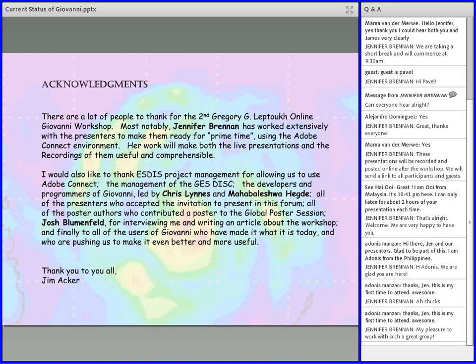Land surface temperature estimation. Okay, so let's see if I can figure out the question from this comment. I'm assuming the first question, Jim, is whether or not land surface temperature estimation is available through Giovanni. Are you asking whether MODIS land surface temperature data is available through Giovanni? If the user could please clarify a little bit, that would be helpful. It sounds like that's his research interest, which we find interesting, and obviously we have MODIS land surface temperature products in Giovanni.